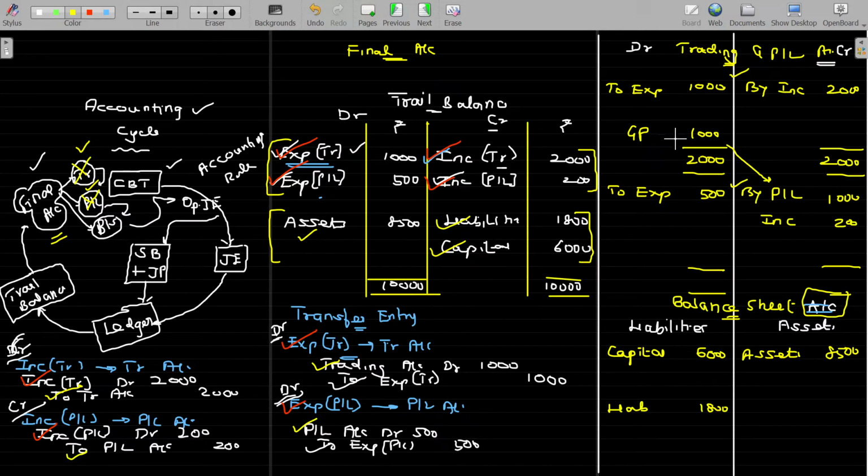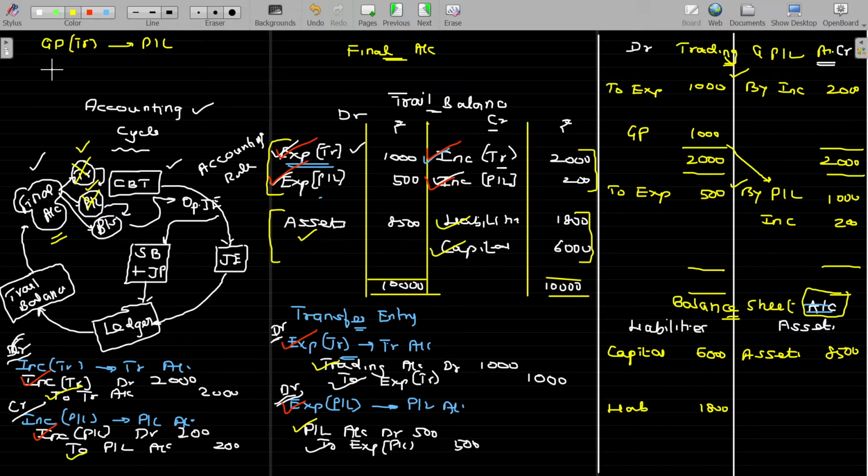Now the GP is transferred from which account to which account? From trading account to P&L account. Whenever we are transferring from one account to another account, we need to pass the entry. Come on, pass the entry for transferring the GP. GP of trading account transferred to P&L account, right? So the entry being